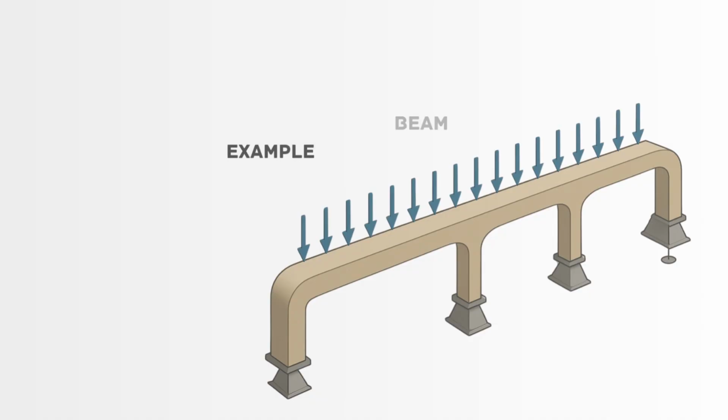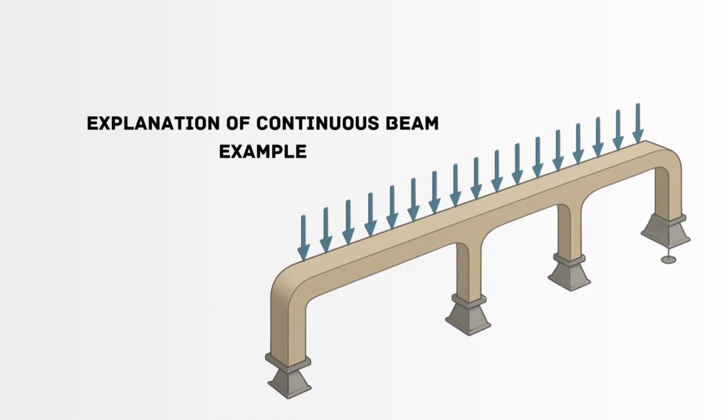Chapter 3. Examples. Picture a 3-span continuous beam under uniform load. The middle span takes maximum moment. Cracks form. Stiffness reduces. Load shifts to adjacent spans. Support reactions change. This is redistribution in action. The beam doesn't fail. It adapts.